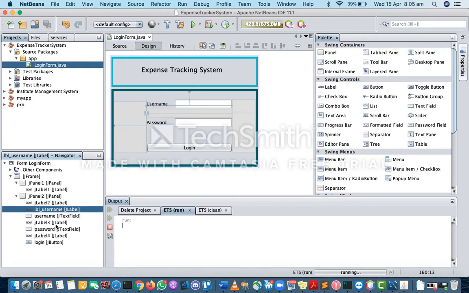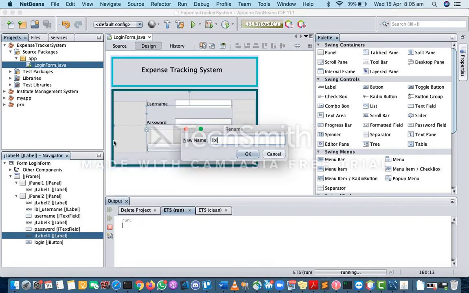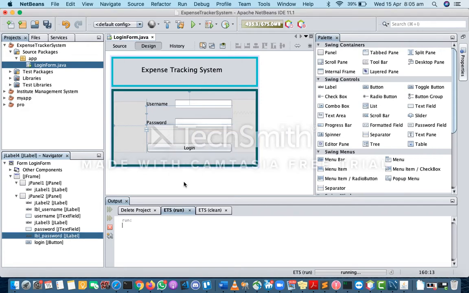Oh, we haven't created it, so we need to change this one, label password. Okay,